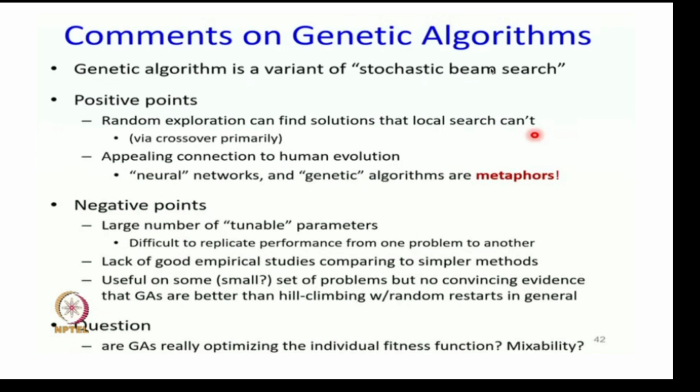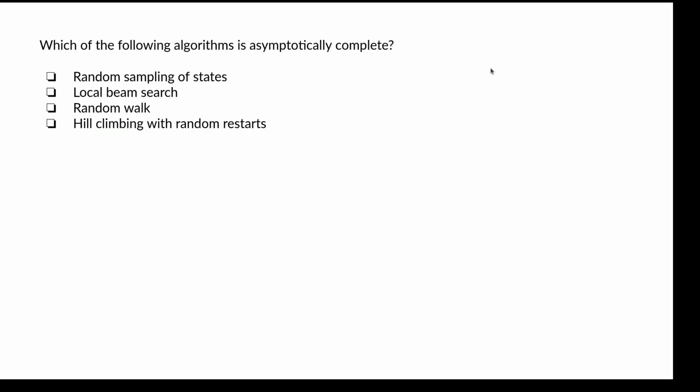Any question further about this discussion point, or we can go and discuss assignment problems related to this point, genetic local search and all. Let's go there. The first question is, which of the following algorithms is asymptotically complete? We discussed in the slides whether it's random sampling of states, local beam search, random walk, or hill climbing with random restart. Which one would be